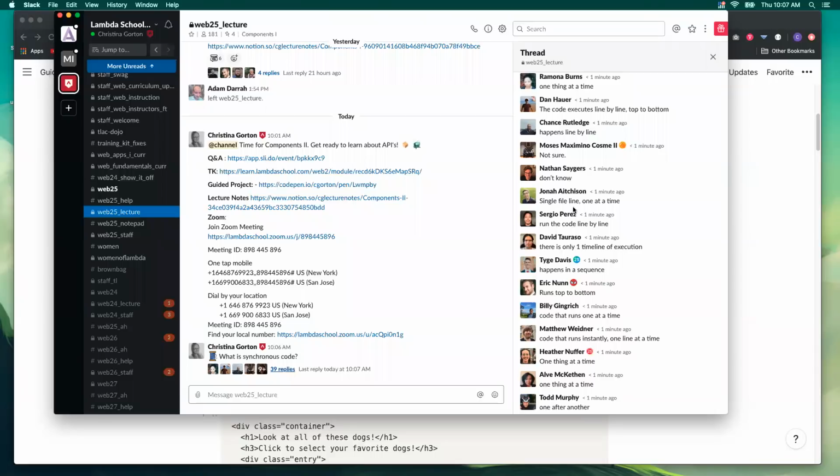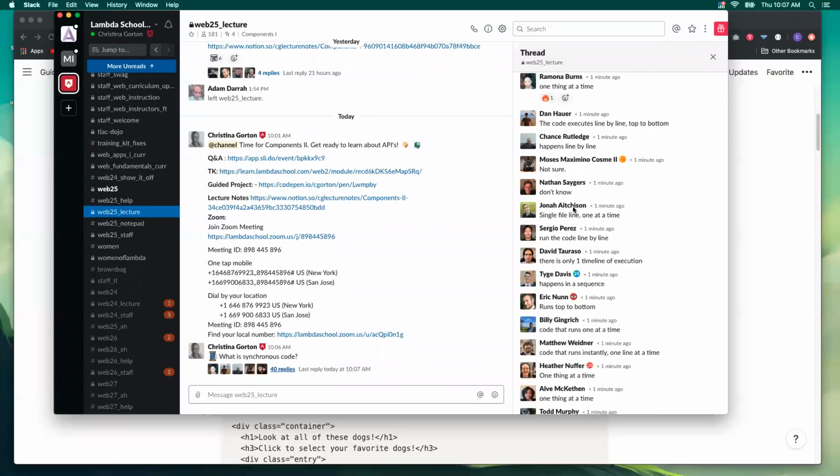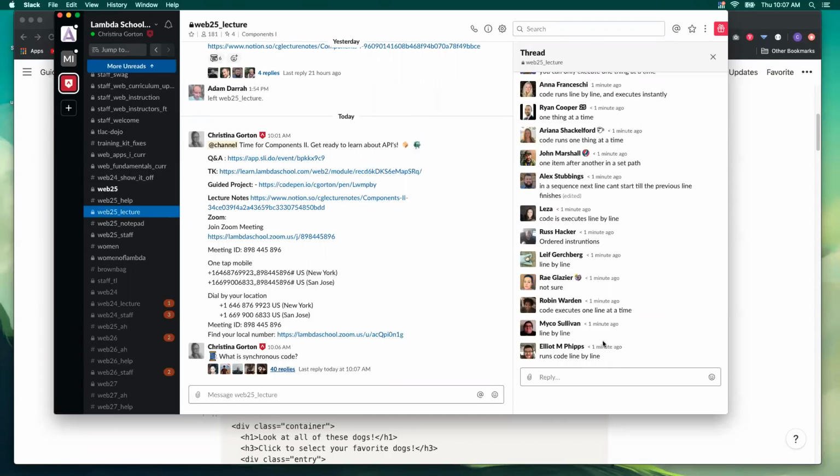And the same thing happens with synchronous code with JavaScript. If you have something that's taking a long time, like maybe a for loop that is going through a really, really big number, all of your lines of code are now backed up and having to wait. So yes, great. Line by line, one thing at a time. That is what we're used to with JavaScript. That did not work well with more modern